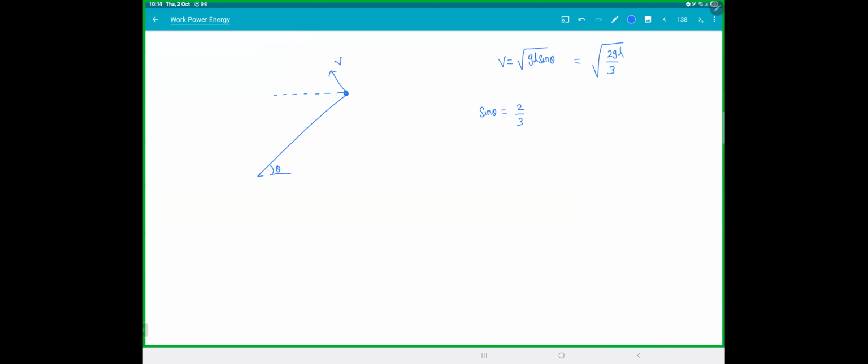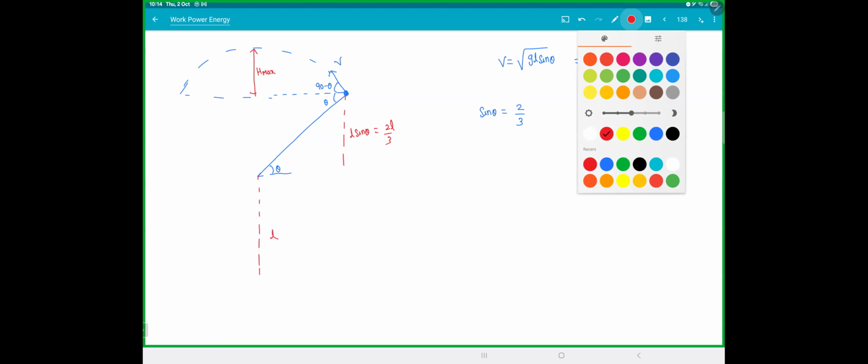Remember, you have taken this is theta, and this is theta. So this is 90 minus theta. So when it is flying like a projectile motion, this will be your H max. This is your L sin theta, which is 2L/3. And this is L from the ground frame. So the total height will be